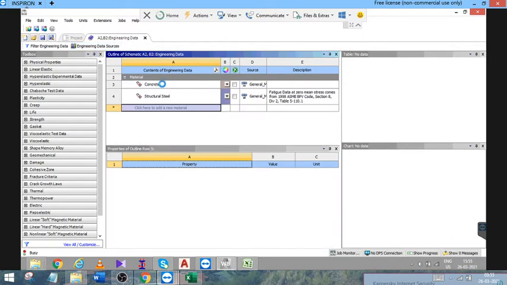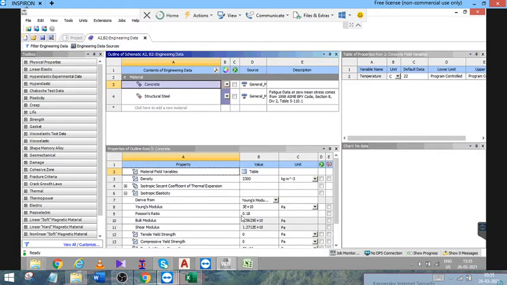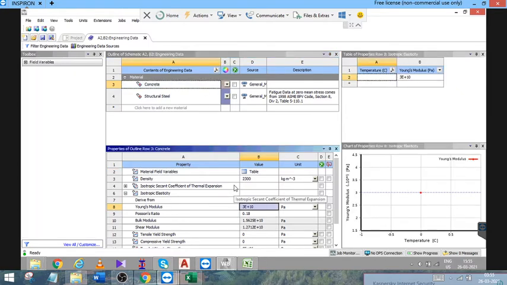You will find the material which you have added and you can change the properties of that particular material. So Young's modulus, if you want to design for M25, you have the formula 5000 root fck, so 25,000.